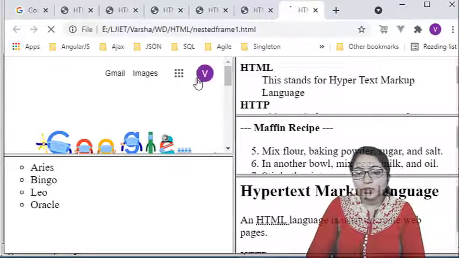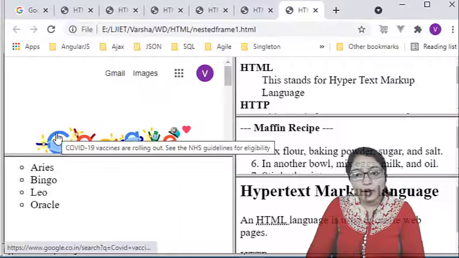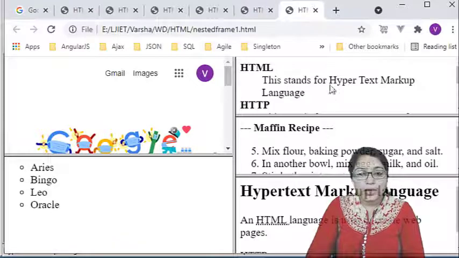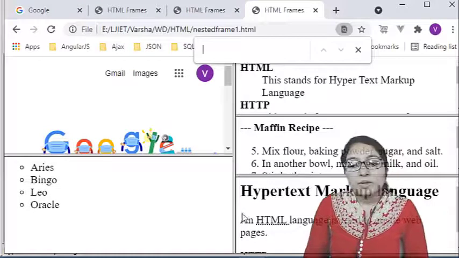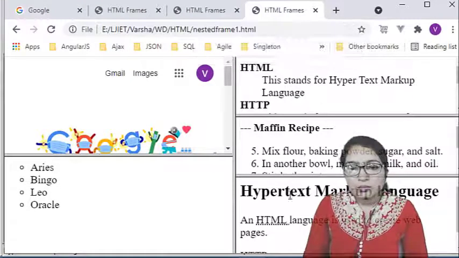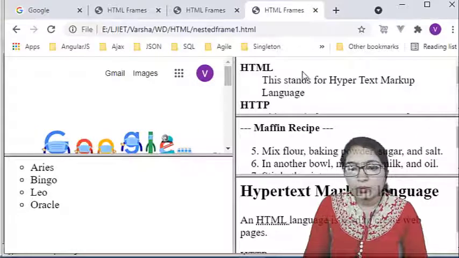So here you can see this is the first frameset part. This is one column and this is the second column. Now in this second frameset, we have divided it into two parts, that is 50%, 50%. And here we have divided it into three parts, that is 30%, 30% and the rest of the part. Okay, so here you can see these are the different frames, that is, pages available in the different frames. Here you can see this is our definition description list.